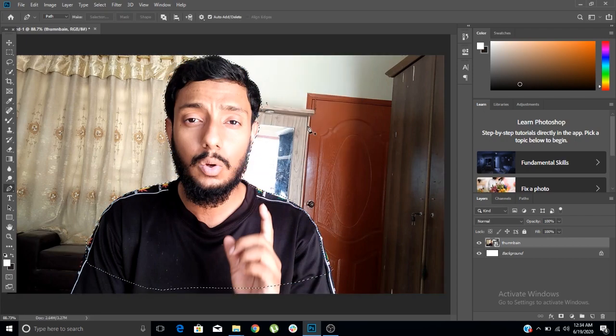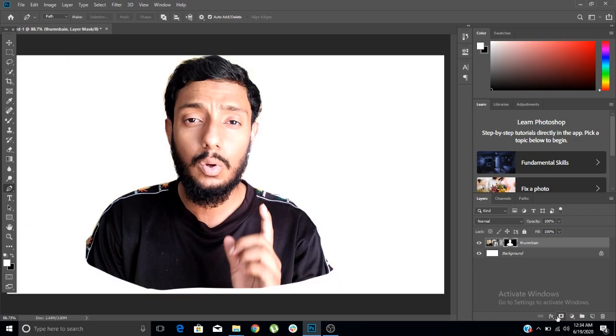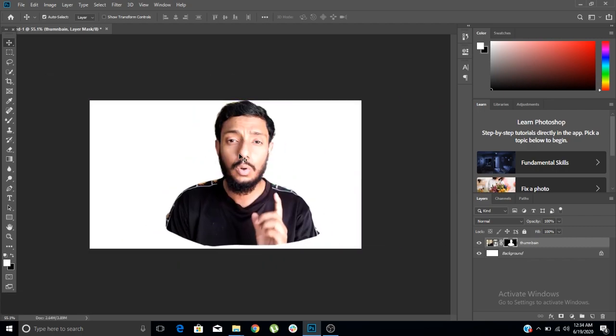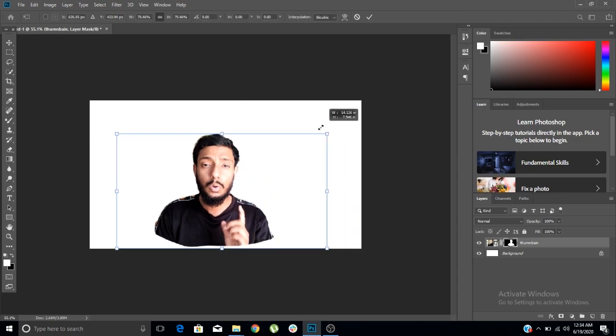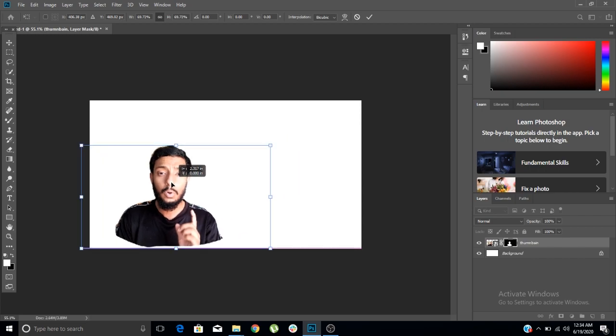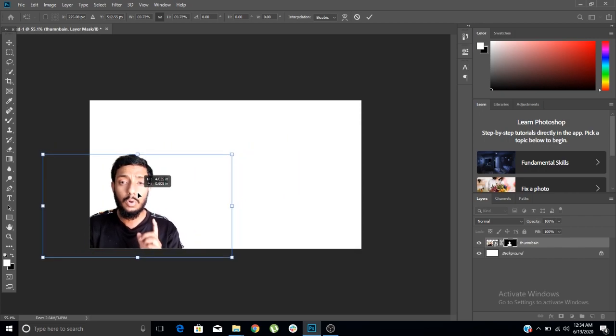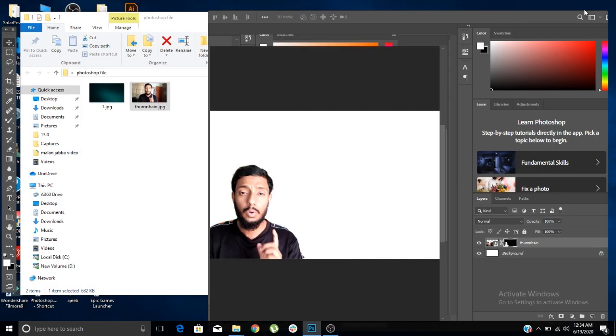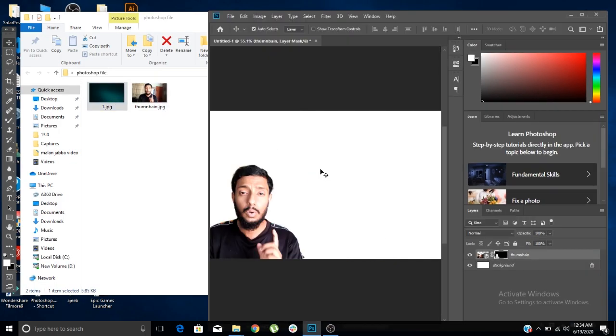So the next step, you just use masking. Here's the easy way to remove your background. So what you can do, just resize it to how much size you need, and I just use it over there. And now I need a background. It's up to you what kind of background you need. I have a file, so I put this background here,